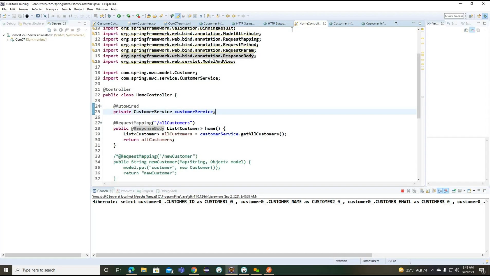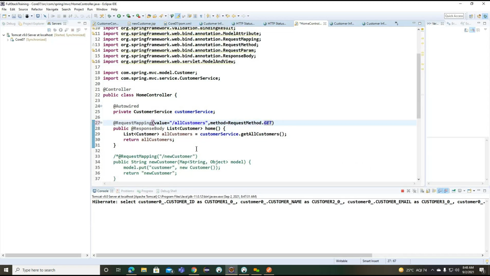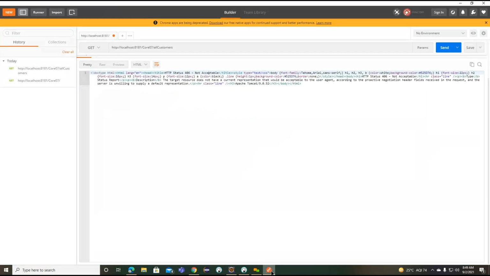Okay, the request is coming to our application here. Okay, now value we can go for it, and method dot get. Not acceptable.